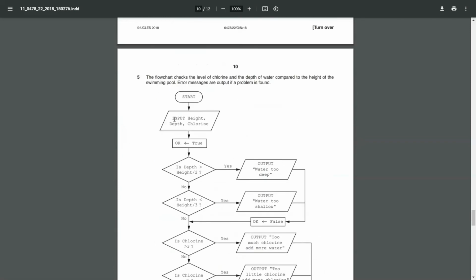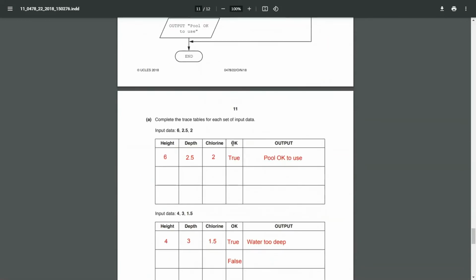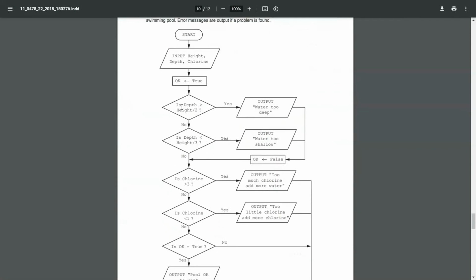And let's see here in the flowchart. Yes, we are inputting height, depth and chlorine. And the OK here is also set to true. So that means the trace table here in the OK column should also be true. Then going by the flowchart, is depth greater than height by 2? Depth is 2.5 and the height is 6.